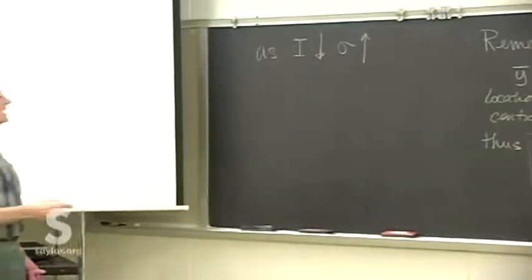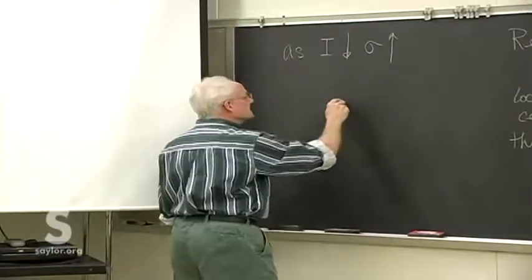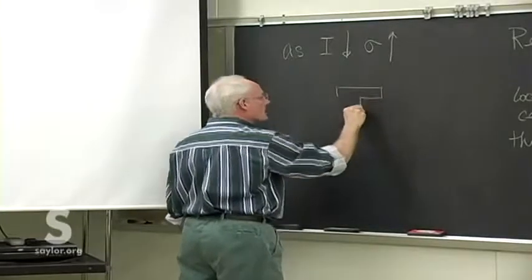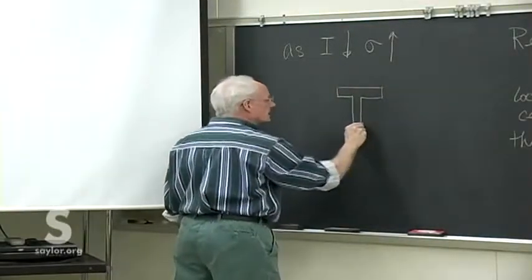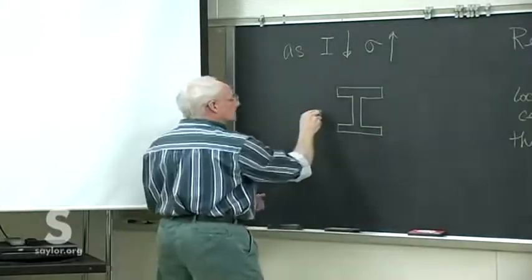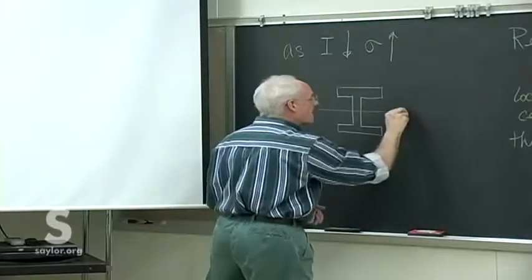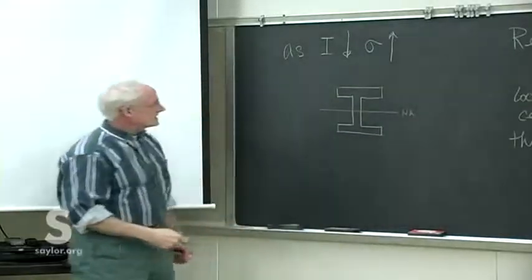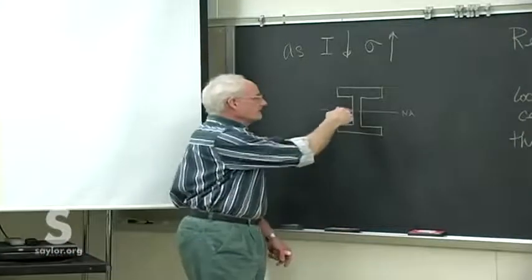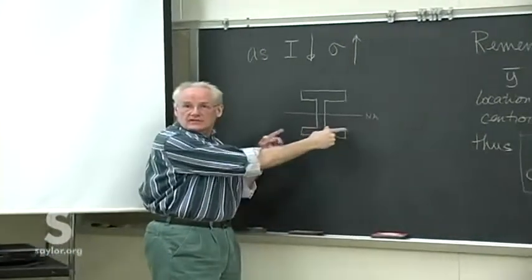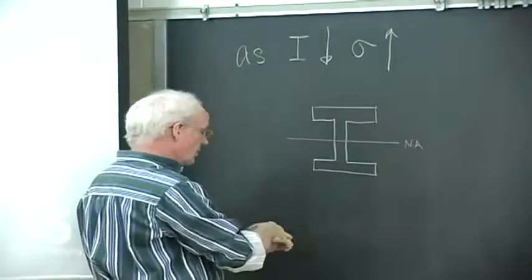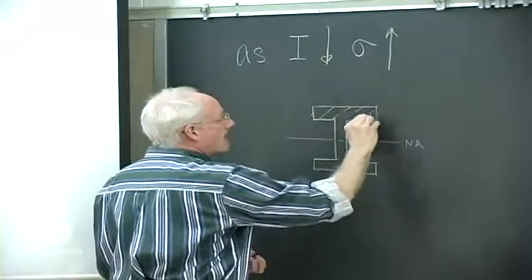What that means to us and our experience is that an I-beam in cross-section has a lot of area. The neutral axis, because of the symmetry, we know it's going to go right through the center. There's a lot of area for an I-beam that's away from the neutral axis, which means for the same cross-sectional area,